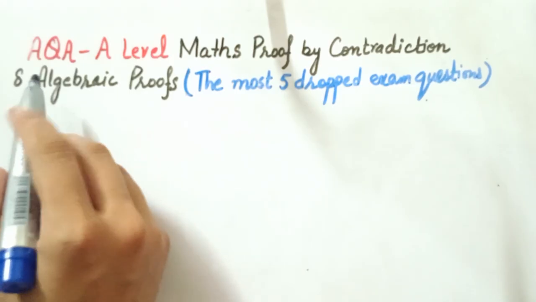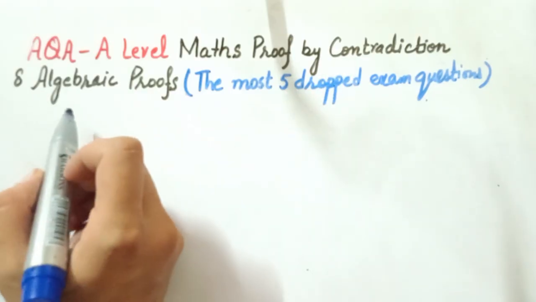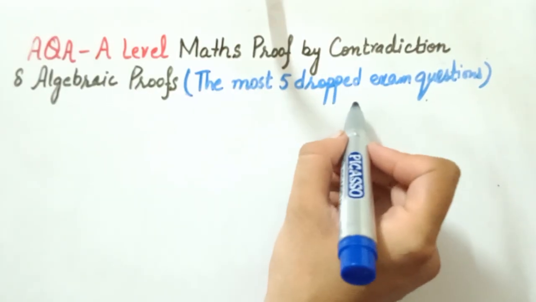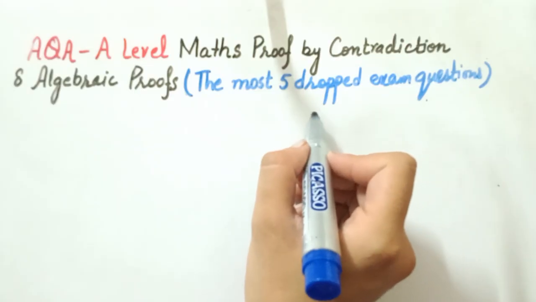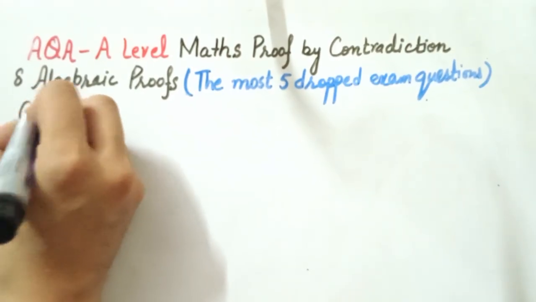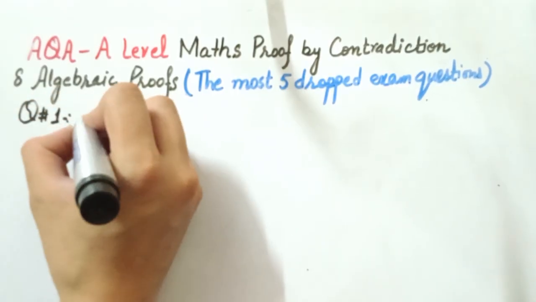In today's video, we will solve from AQA A-Level Maths proof by contradiction algebraic proofs, the most 5 drop exam questions. So, question number 1 is proof by contradiction